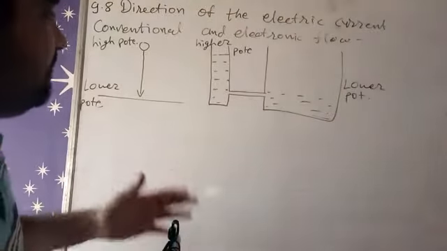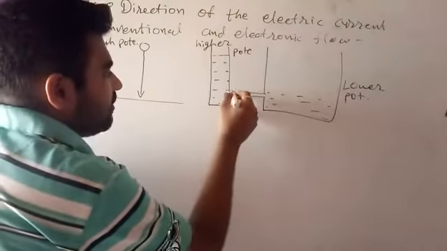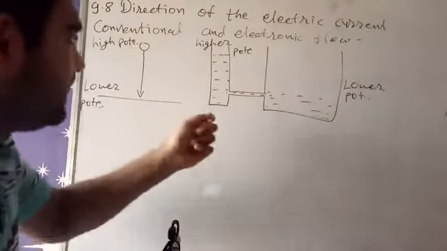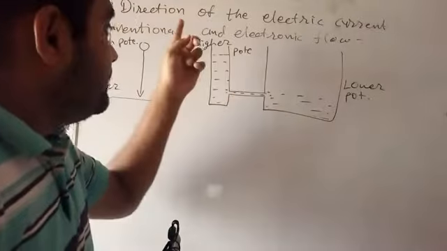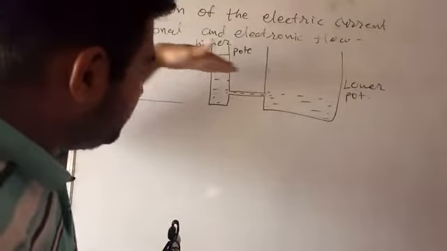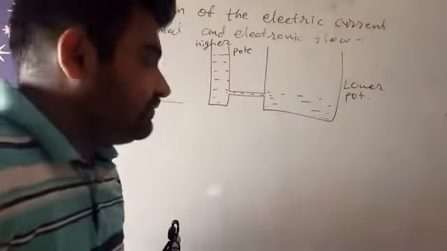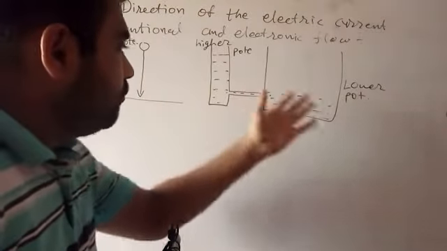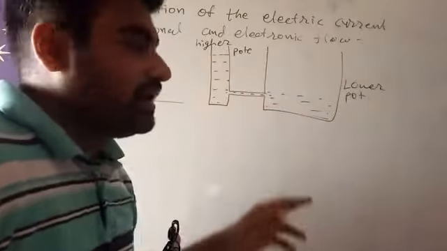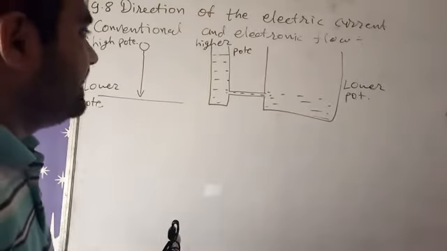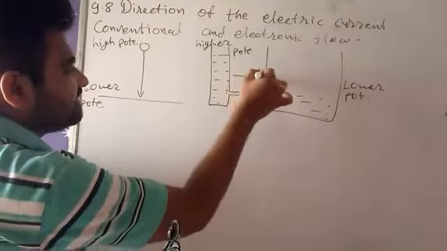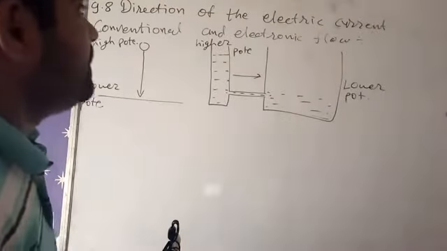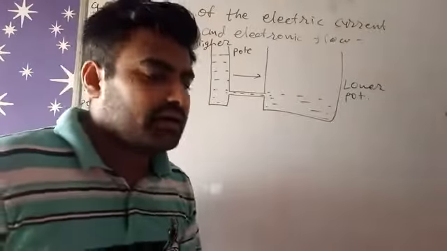So always that's why water is moving from higher potential to lower potential, and till water is poured, though here both levels are not the same. Whenever both levels are the same, there is no water flow between these two containers, right? So that is the water flow, which is in this direction, from higher to lower, here higher to lower. Now we come to the point of electric current.